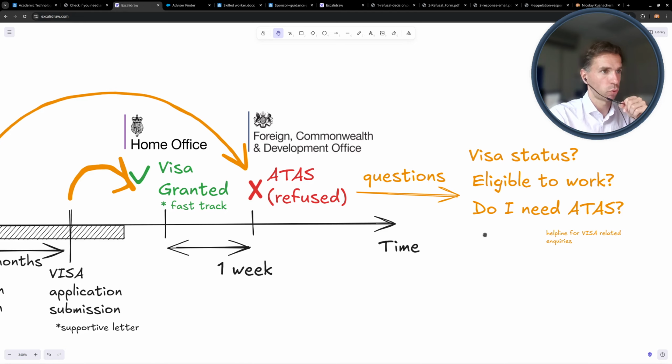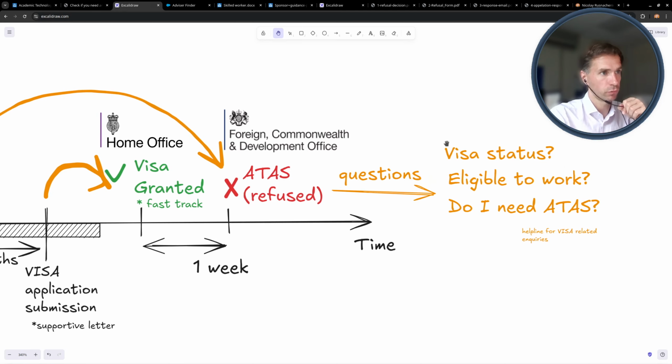Among them: what's the actual visa status? Am I eligible to work in the UK? And do I need the ATAS? Because on one hand the visa is granted, so technically I'm eligible to work, right?